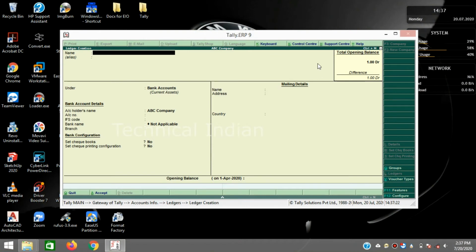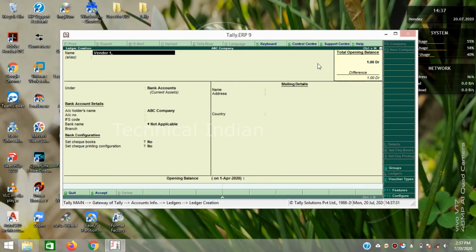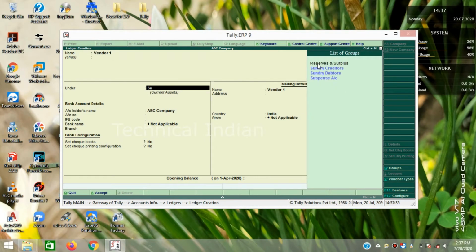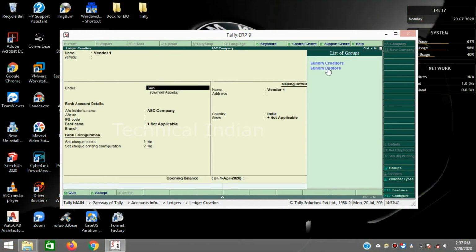Next, suppose you purchase some assets for the company from a vendor, for example Vendor 1, the company name. Under which account does it come, sundry debtors or creditors? You have purchased that, so it comes under sundry creditors. So press enter